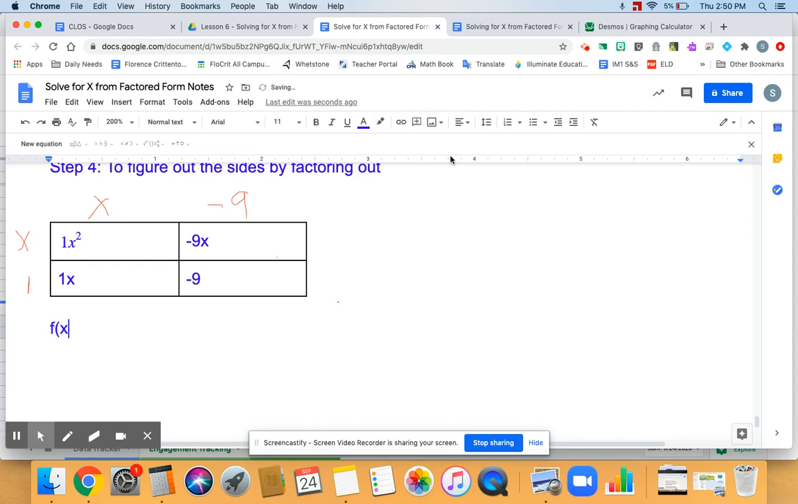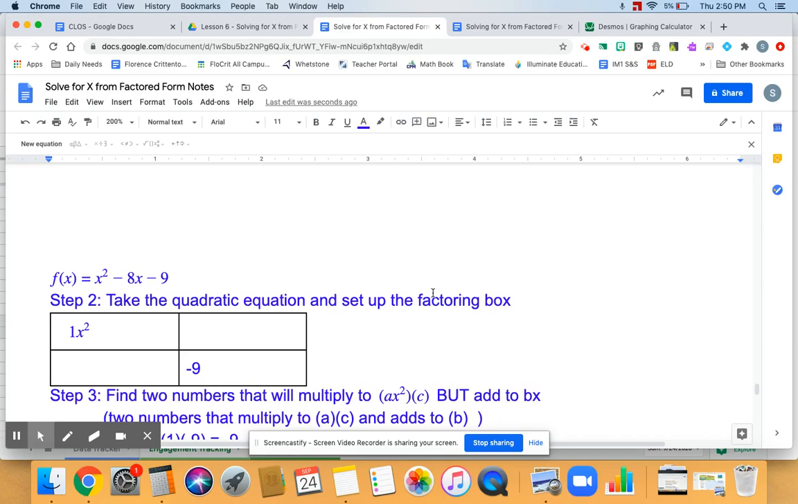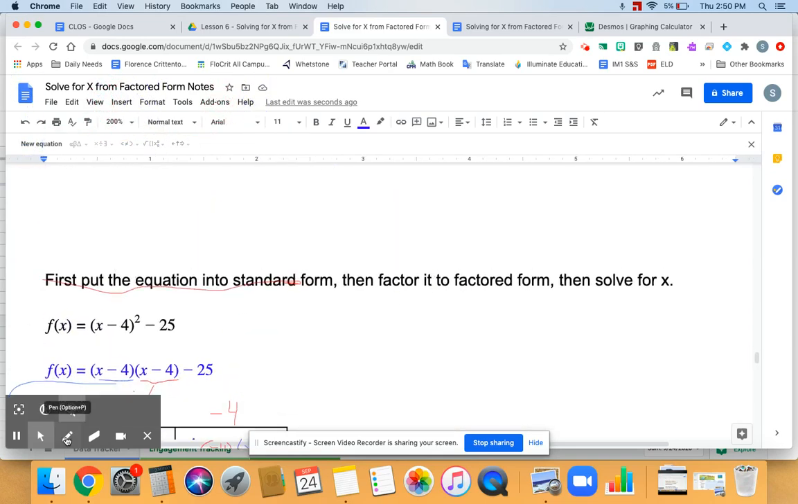Now I factored out my expression. I get a final answer that my equation equals, and on the top it says what? X minus 9, and on the side it says what? X plus, because it's a positive, 1. So now that I have it in factored form, am I done? Let's go check the instructions. First, put the equation in standard form, then factor it to factored form. Oh, then I still need to solve for x. So I'm not done,